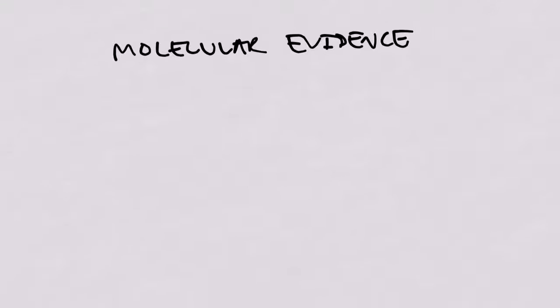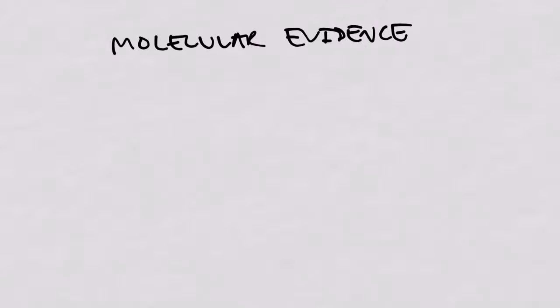So this molecular evidence is essentially looking at genomes of all different types of organisms and looking for relatedness, looking for how similar these genomes are to one another. And we can use those to create trees that show relationships between different types of organisms found on the earth